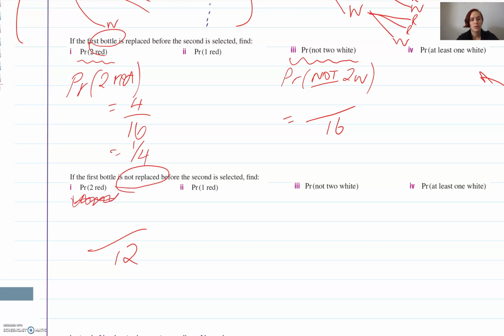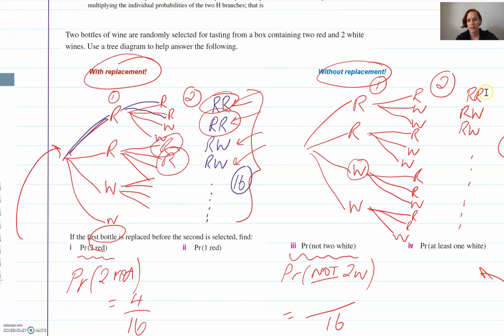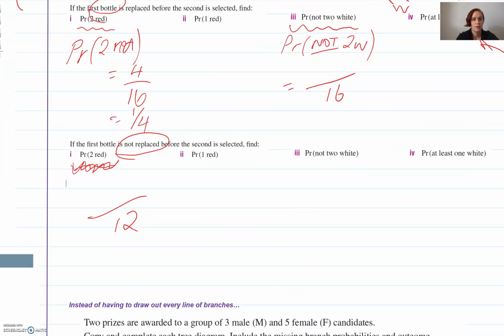And when we try and get 2 red, if we come back up to our full tree diagram, how many times do we have red, red? Well, there's 1 there and there's 1 there, but we certainly can't do it more than twice. So our total is going to be 2 on 12 or 1 on 6. If we go here, probability of not 2 white, same thing. You need to have a look for